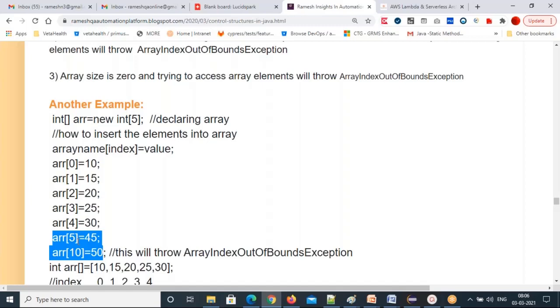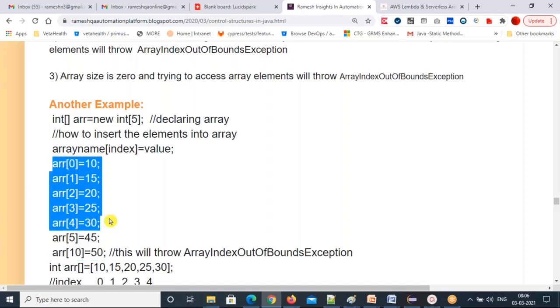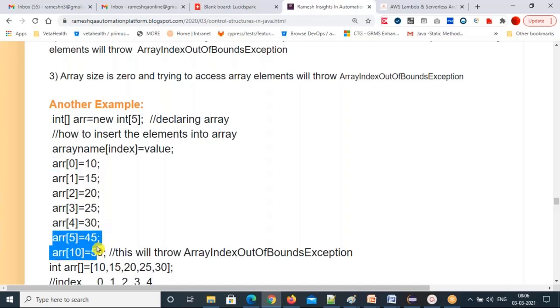You misunderstood. You can only store up to the array size. Inserting more than the size of the array, the size is 5 values, right? More than the size of the array I'm inserting. And what I told you just above, if you insert more than the size of the array, what exception will you get?